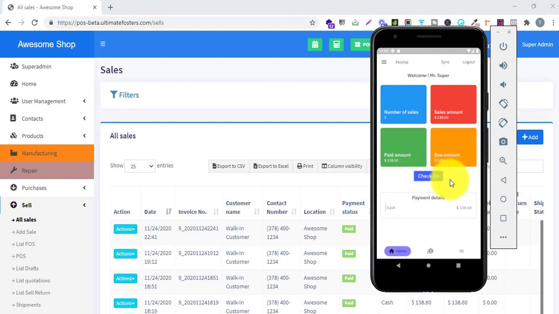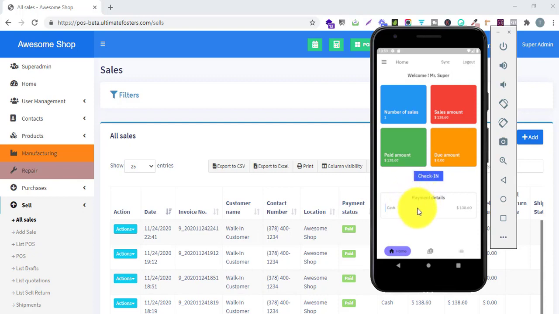This check-in button is used in the essentials module. If you have checked our essentials module, then this button is used for adding attendance in the essentials module. So any staff or anyone can easily add attendance using this mobile app by clicking this button.